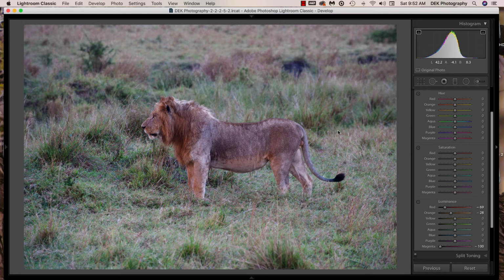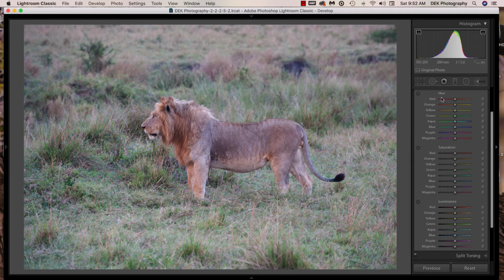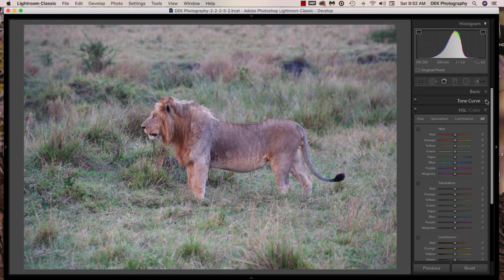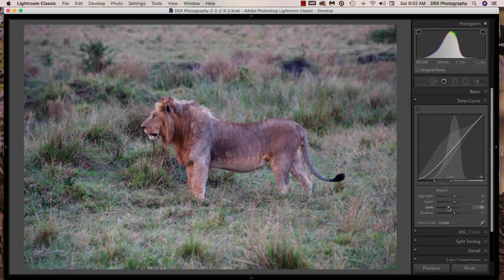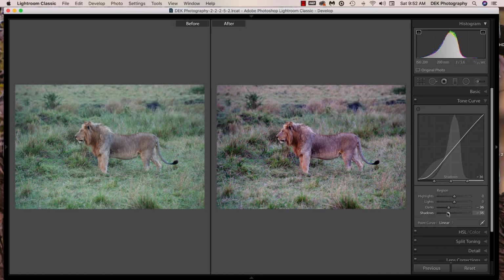I'm going to reset this image because I think there's an even better way to add contrast to the image, and that is to go to the tone curve panel and make sure that you're in the parametric curve. A lot of times we don't want to make the image much brighter, but we'd like to have more contrast, and the way to do that is to just take the dark slider and slide it to the left, which will increase the contrast in the image, and along with the shadow slider we'll end up with an image that has much more contrast in it just by making those two changes in the darks and shadow sliders in